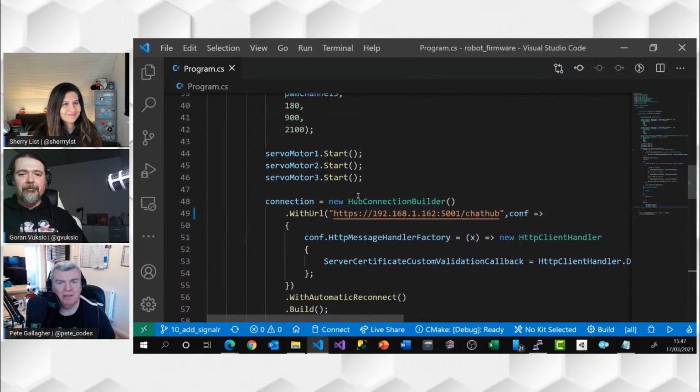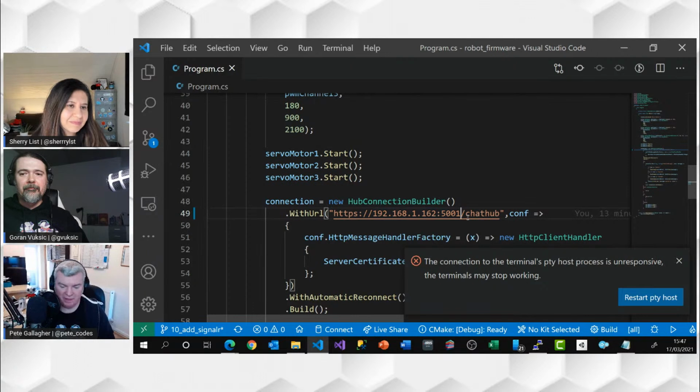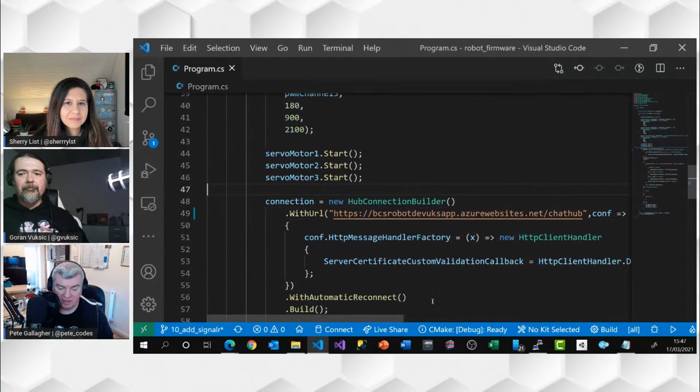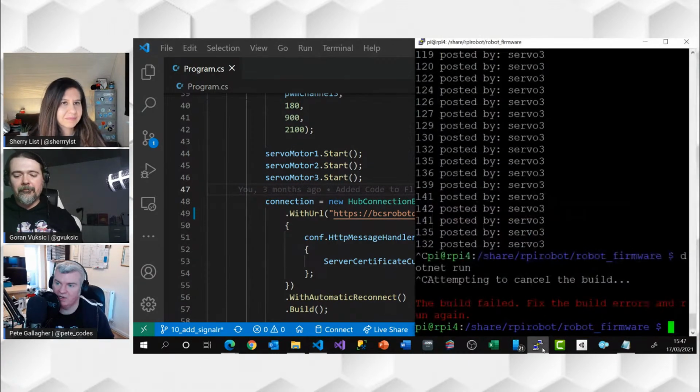What I've done to make this even cooler is that if you go to the address that Sherry and Goran are going to put in the chat, I've deployed that same application. Myself and Liam Gulliver have deployed that same application to Azure that allows you to move the robot arm. It means you can control that robot arm from anywhere in the world, which I think is pretty cool. So I've just changed it to point to that location, and if I start this up...